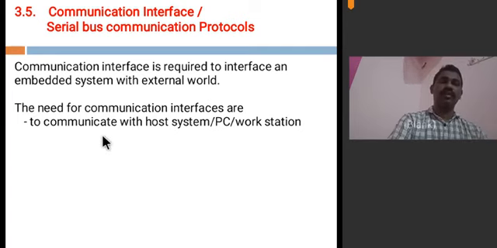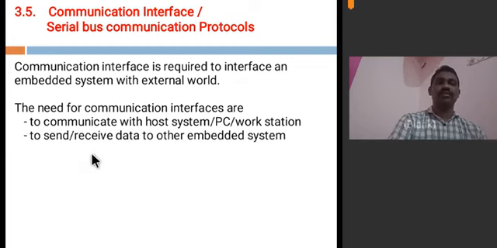Or if you want to interface an external peripheral to your host system or personal computer, then you need a communication interface. Next, to send or receive data to another embedded system. There is a need of transferring data from one system to another system. Then definitely you need a communication interface for that.